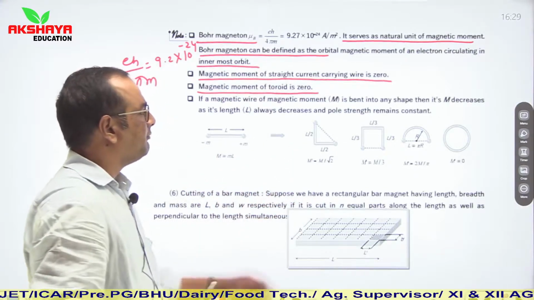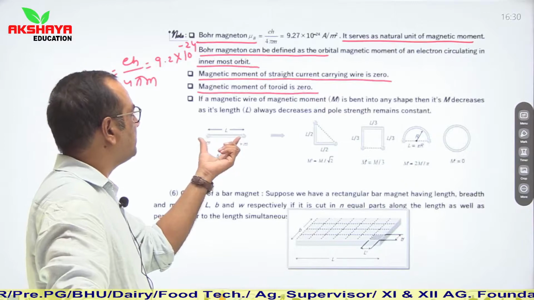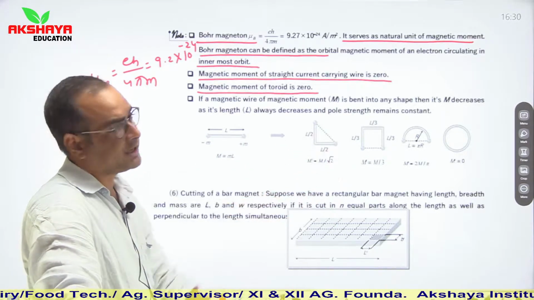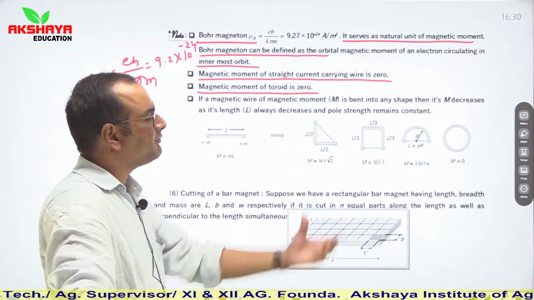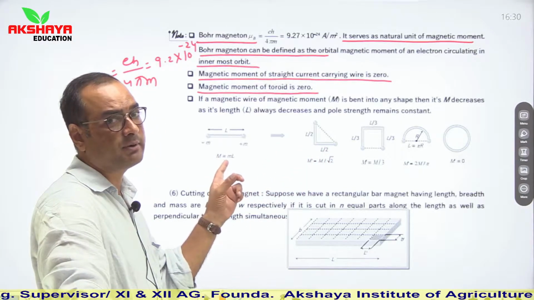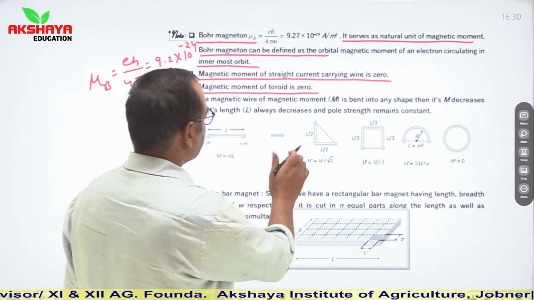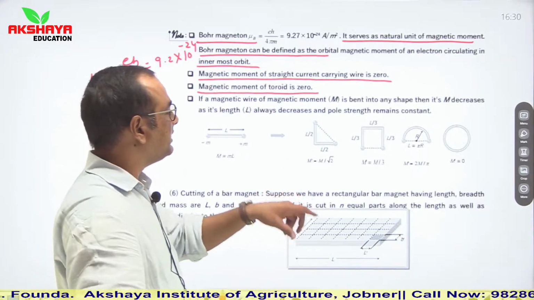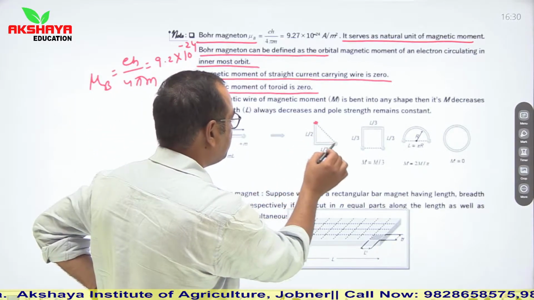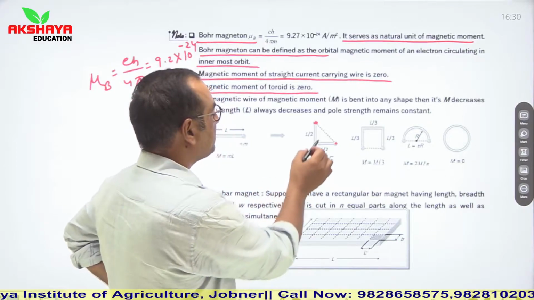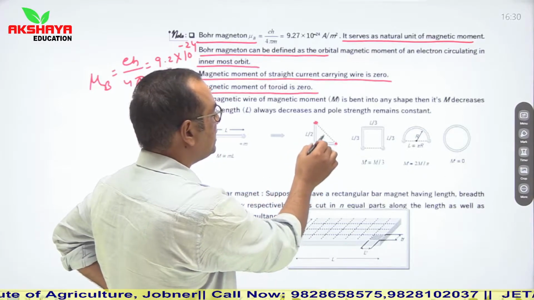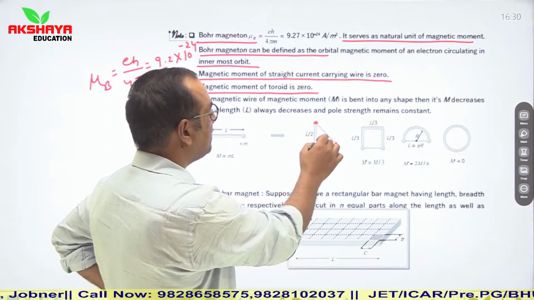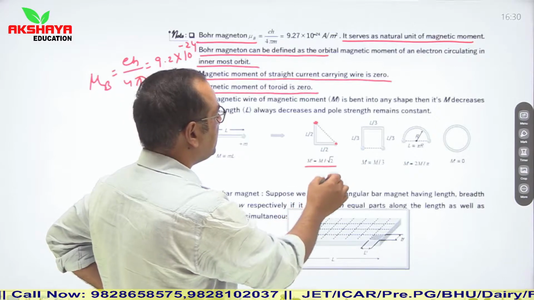Now see, let us say we have a magnetic wire of magnetic moment M, which is bent into these different shapes. We have to find in each shape what the magnetic moment is with respect to the initial magnetic moment M. Let us say this wire is bent in a perpendicular form. Then effective length between these two ends, with L by 2 and L by 2 as the sides, is the hypotenuse, which is L upon root 2. So it can be calculated from here.